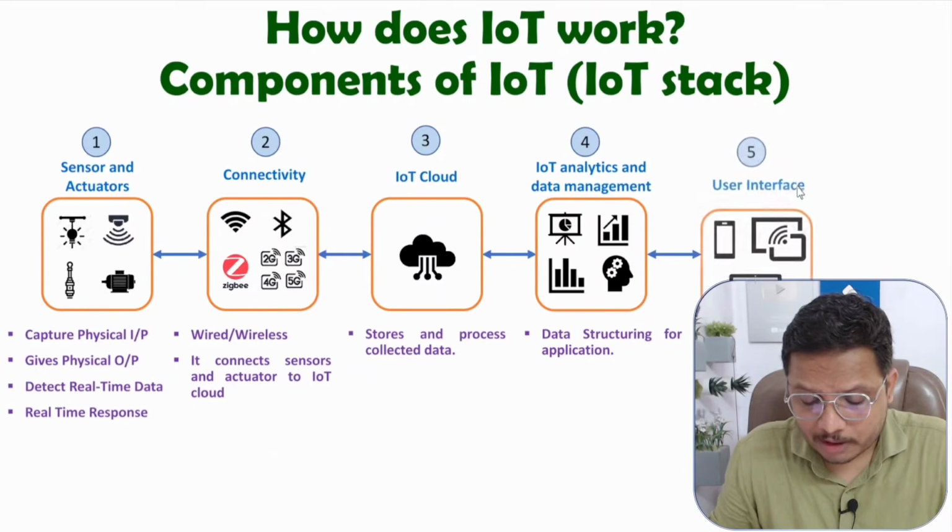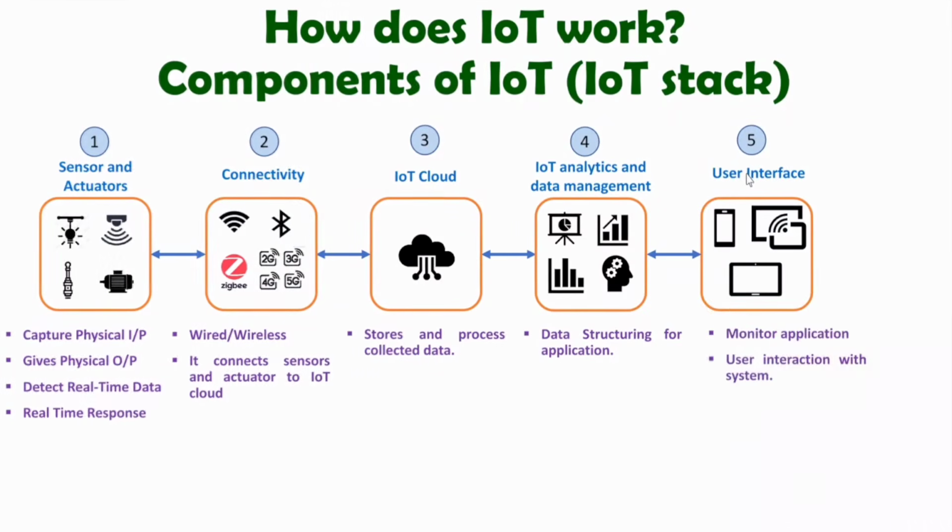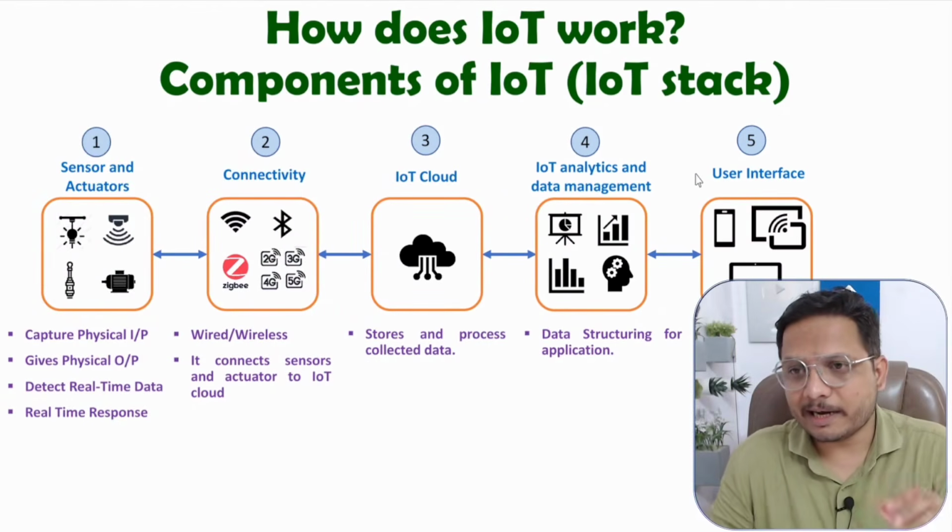The fifth block is the user interface, right? So at last, the user will be using the application. The user can monitor the application, and the user interaction with the application is defined in the user interface. Like if you have an IoT application where you are observing your home while staying here in India, and your home is somewhere in Canada, then how that user interaction happens with the application is defined in this fifth block, right? That is how the 5 blocks are there. Now I'll explain all 5 blocks in great detail.